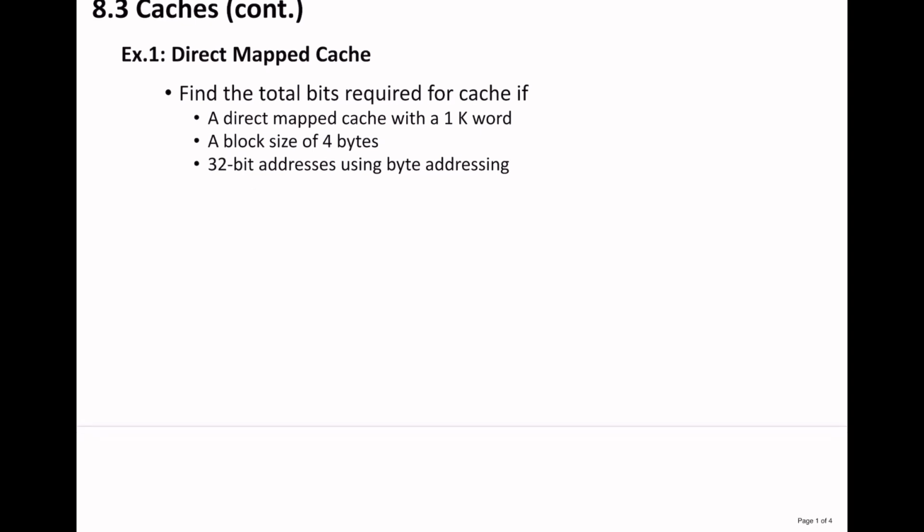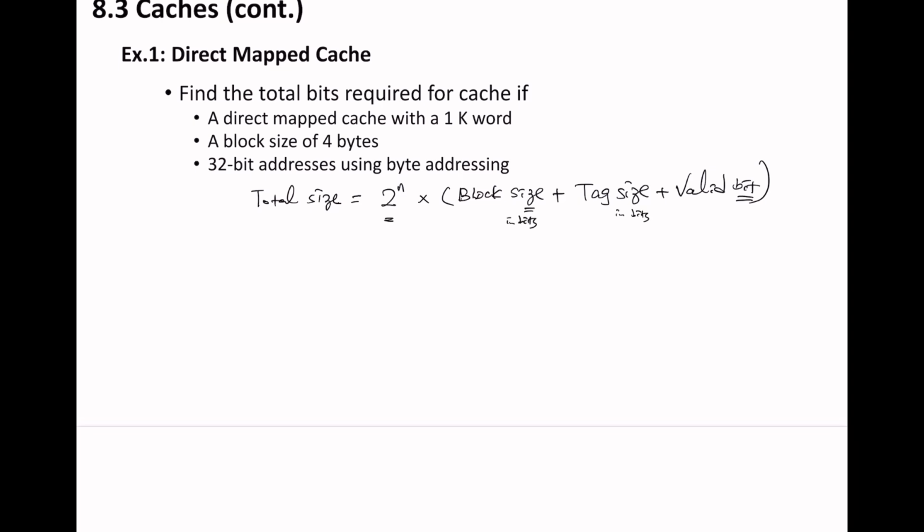We said total size of cache equals 2 to the n times block size plus tag size plus valid bit, and all of this should be in bits. This is the tag size in bits and the block size in bits, so we don't have to worry too much about it. So from here we need to find